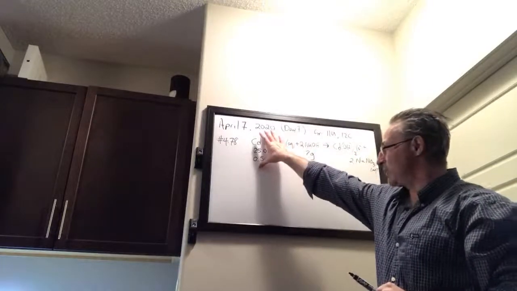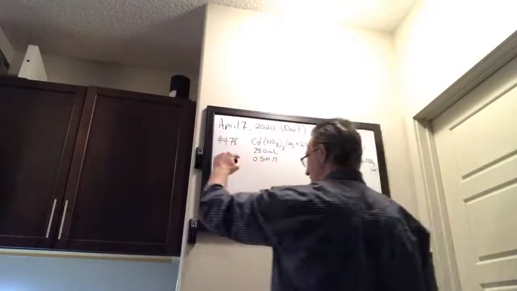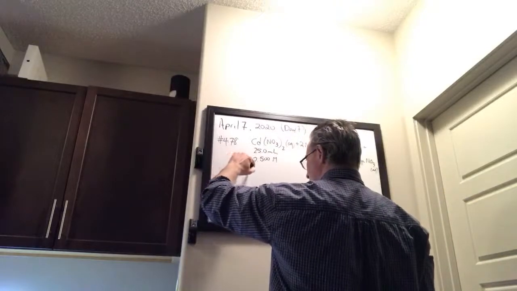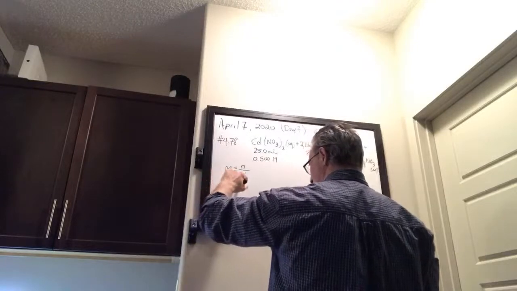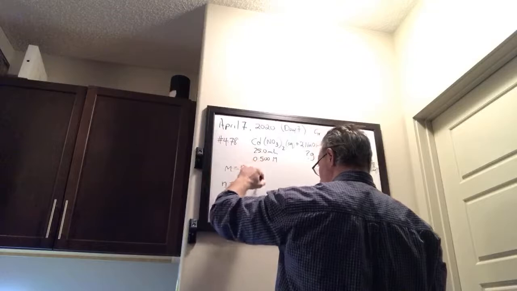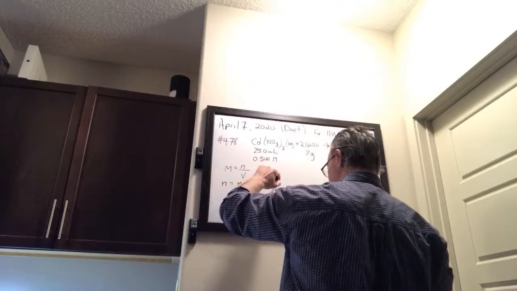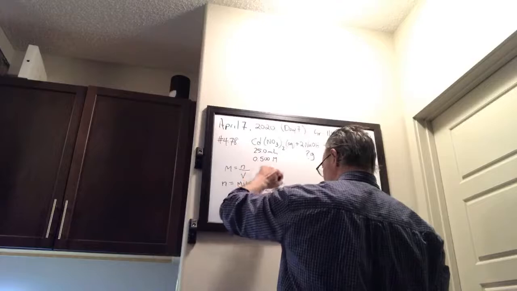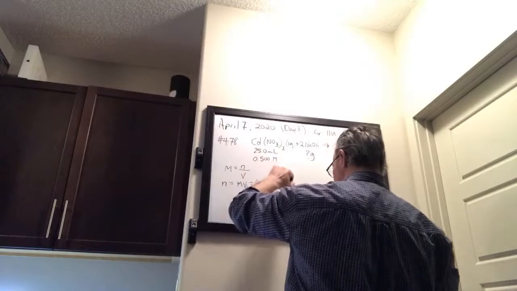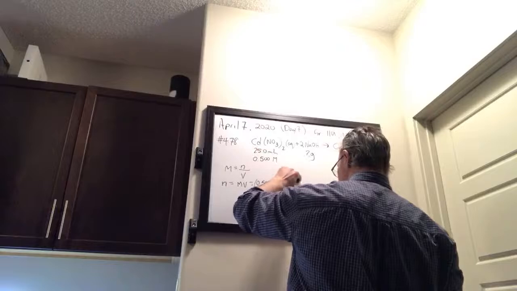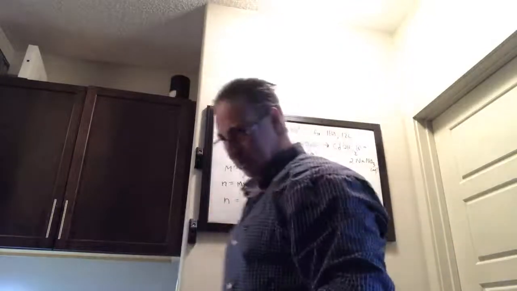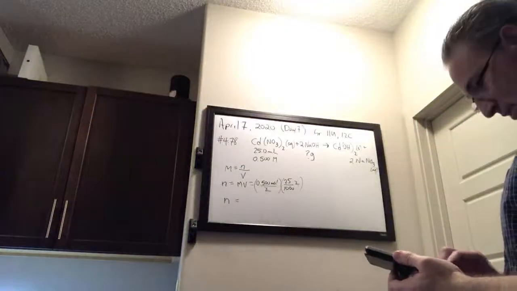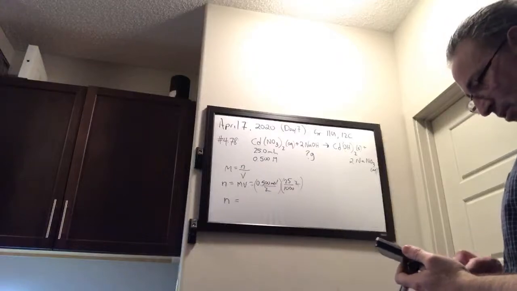So first we're going to find out how many moles of cadmium nitrate we have. We know that molarity is equal to the number of moles divided by the volume. So if we arrange the equation, we can get n is equal to MV, and just simply plug in the numbers. We have 0.500 mole per liter multiplied by the volume, which is 25 1,000ths of a liter. Liters cancel, and we get that the number of moles of cadmium nitrate is 0.5 times 0.025, or